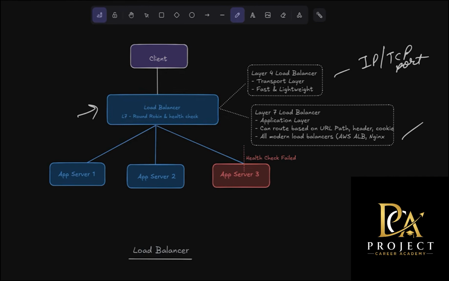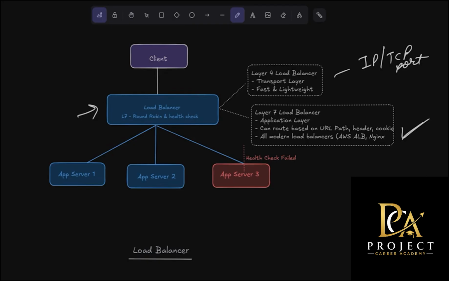Now, when we talk about layer 7 load balancers, modern applications typically use these. They operate at the application layer. And unlike layer 4, they can understand the content of your request. They can inspect the URL paths, the headers, the cookies, the request types.